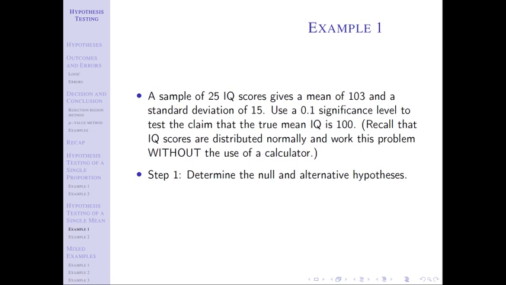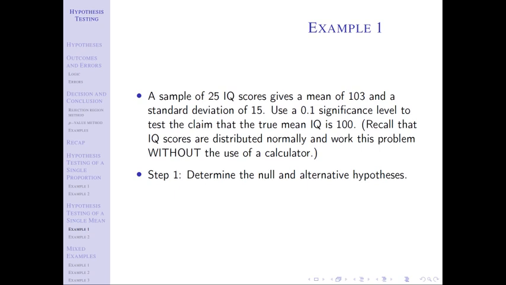So we start off with our claim. We're going to use that to get our null and alternative hypothesis, and we're going to discard that claim. The claim is that mu equals 100. The claim is that the true mean IQ is 100. I shouldn't have had to say true. I should have said the claim that the mean is 100, because we're always interested in claims or hypotheses about parameters, but that word true just solidifies it. And you got the word mean, so you know it's a means problem. The claim would be that mu equals 100.